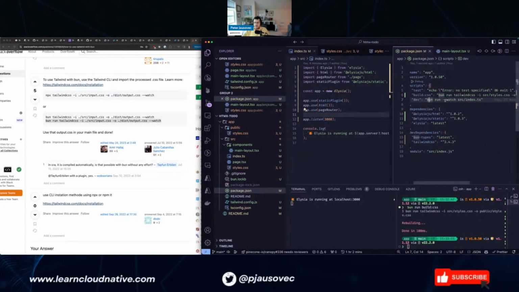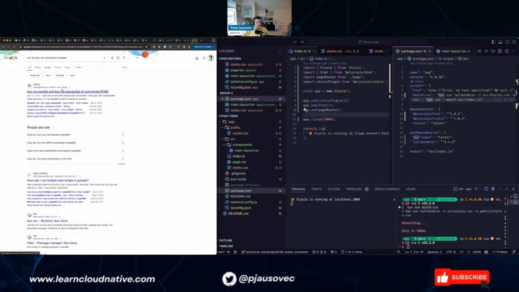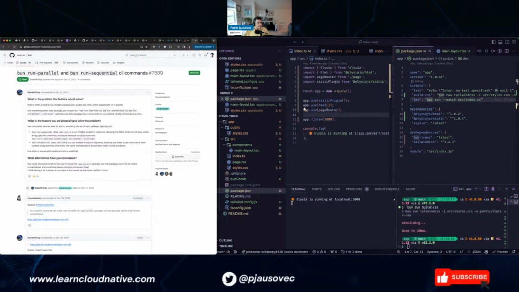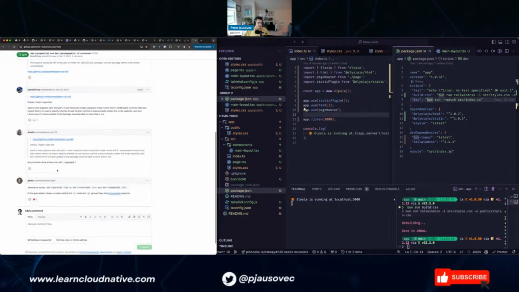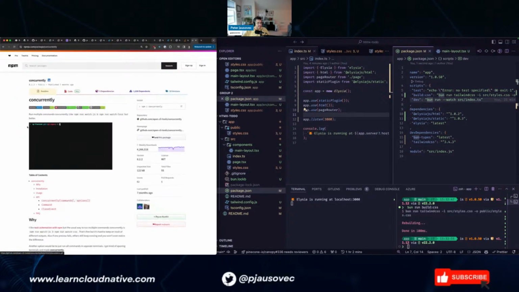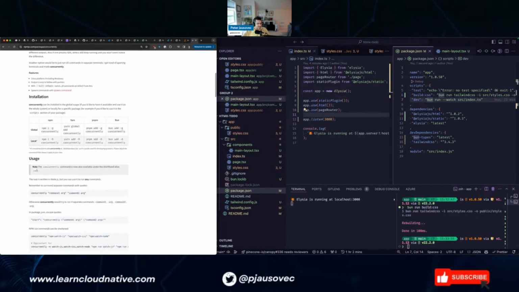And then how do I bun run? Can I run two? Let's do run two bun run commands in parallel. Oh, there you go. Oh, it's open. It looks like they did. This could be... Oh, just the npm run for all. Okay, bun dash. Oh, concurrently is another thing that I can use. Yeah, let's do this one. So let's